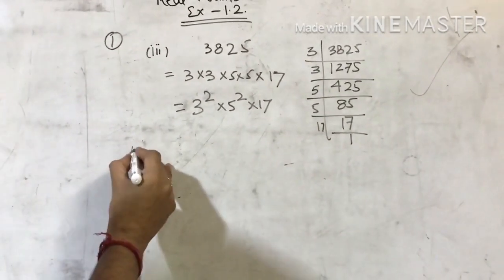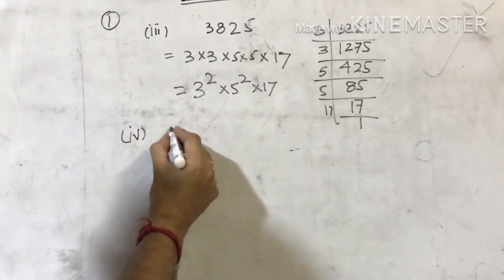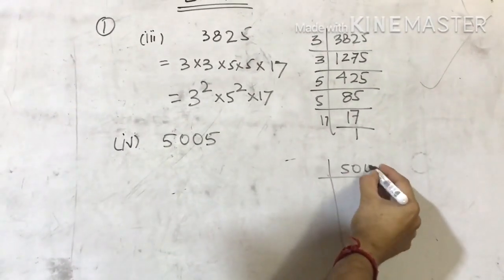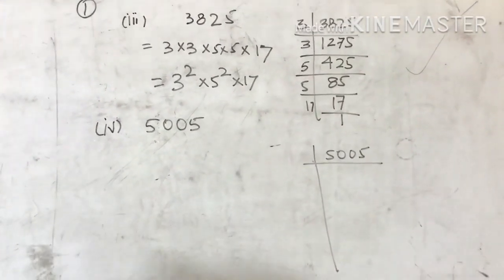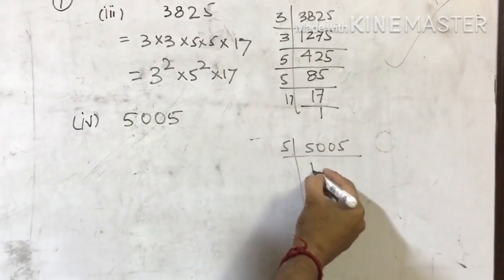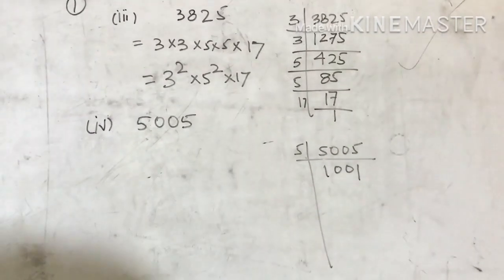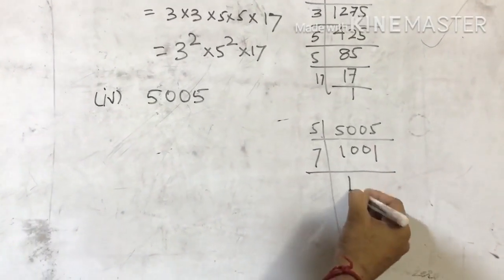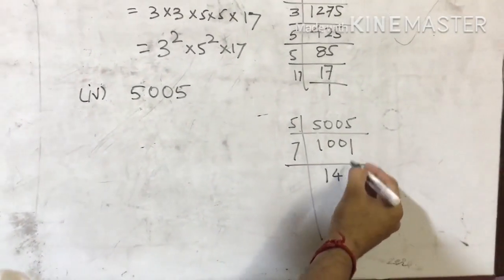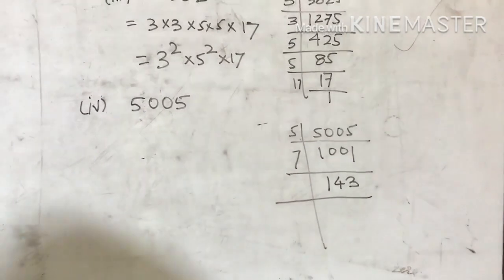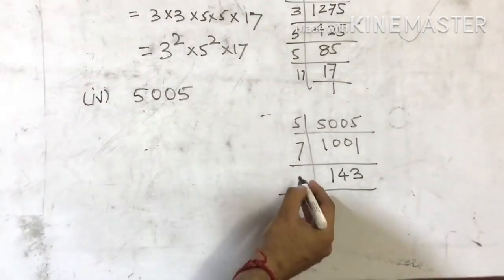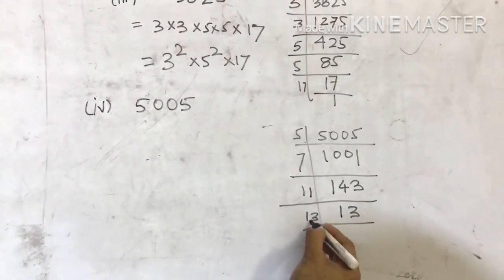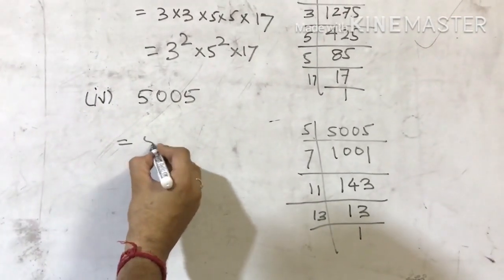Next, the fourth part is 5005. It is not divisible by 2, 3, so start with 5. Then try with 7. Then with 11. Then 13 is again a prime number, so the factors will be